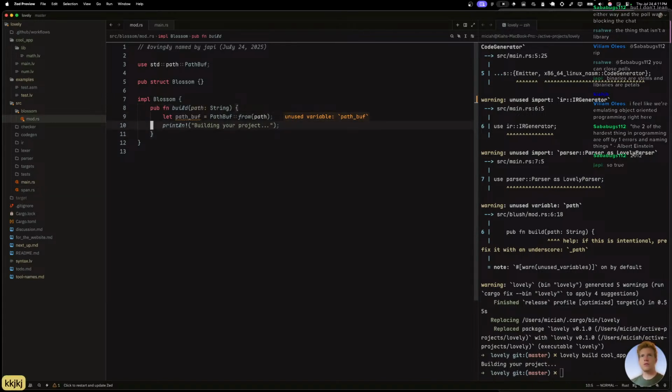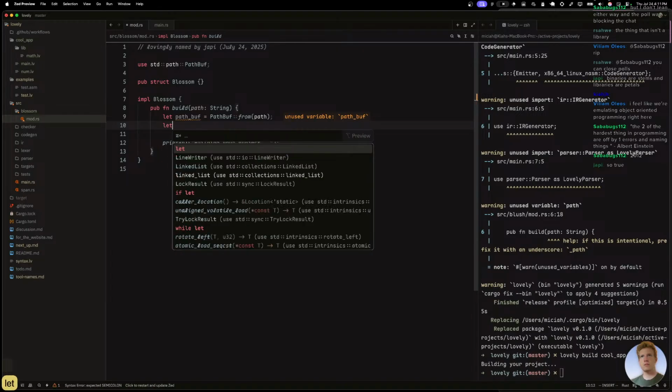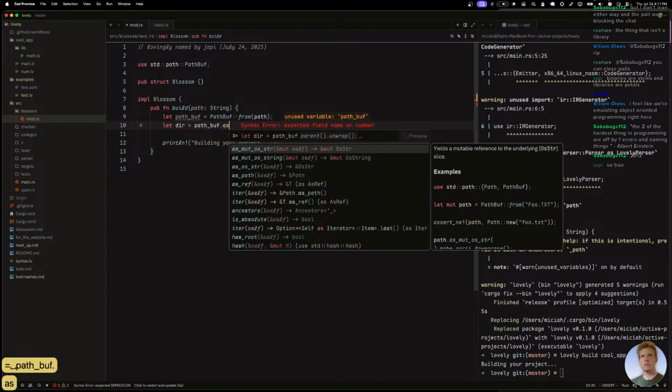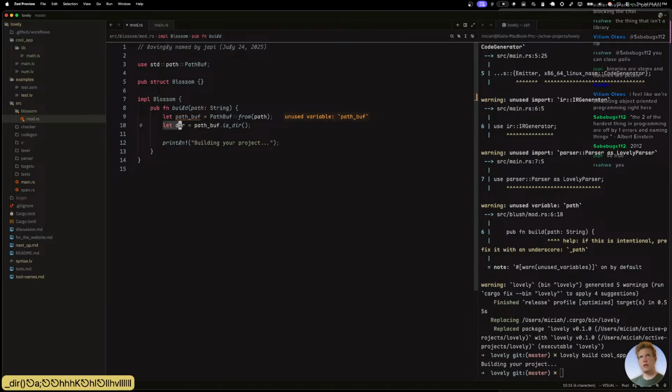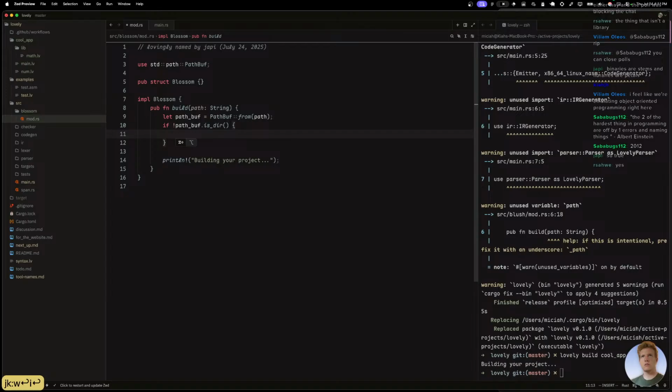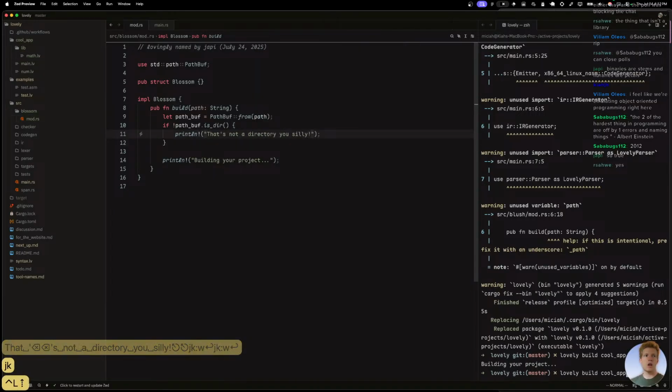Okay. So we're gonna do this. We got a path buff. We need to say, wait, how do I confirm this is a dir? Perfect. So now if I try to